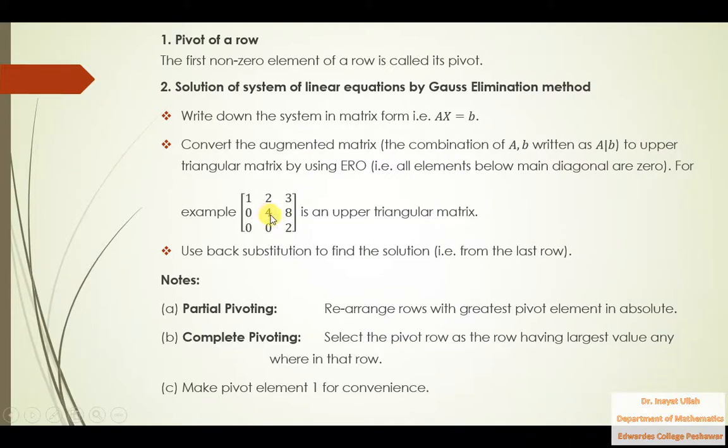How could we make this element 1? We will multiply this row by 1 by 4 to make this 1, and that is the pivot element of row 3. We will make this element 1. How could we make this element 1? We will multiply this whole row by 1 by 2 to make this element 1. So this is for our convenience. All these steps will be followed in Gauss